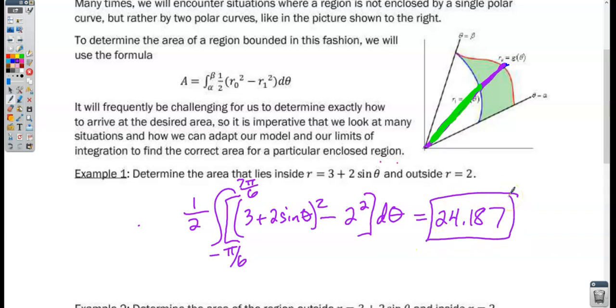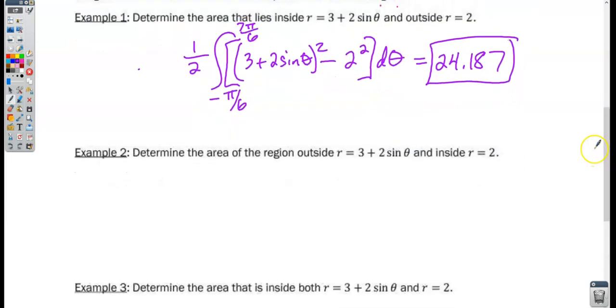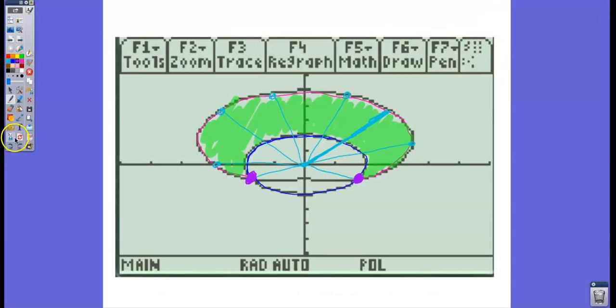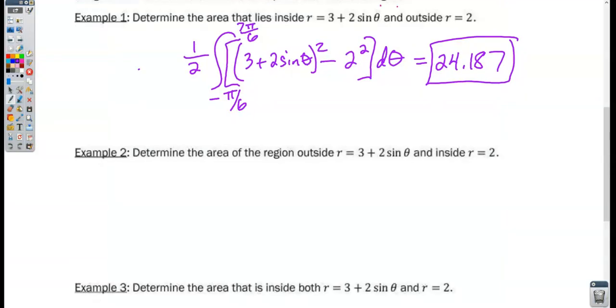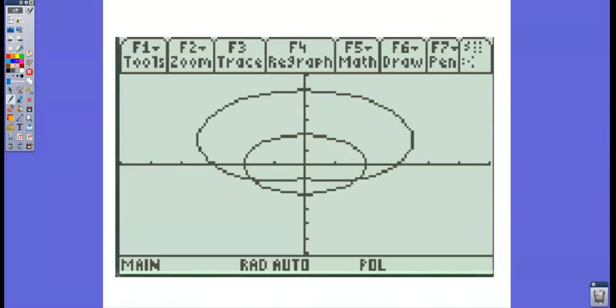All right, part B. Determine the area of the region outside the bigger curve and inside the small circle. So let's go ahead and clear our annotations off that. So what are we looking for again? We're looking for outside the big piece and inside the small circle. So we're talking about this